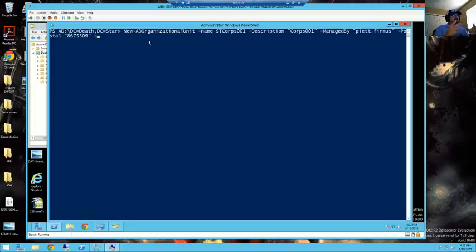Protecting things from accidental deletion is something you can do for organizational units, and you can do it for users as well. If you don't want something to get deleted, put on the protection, because then the only way to delete it is to go in and turn the protection off and then delete the actual item, which you could just imagine how catastrophic that would be for an environment. So let's say, for example,